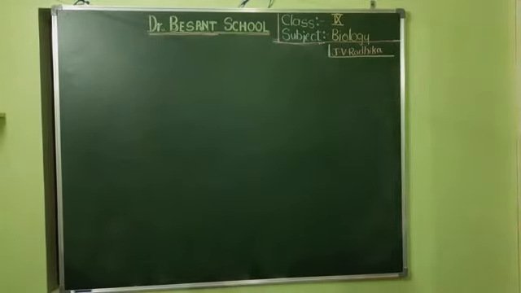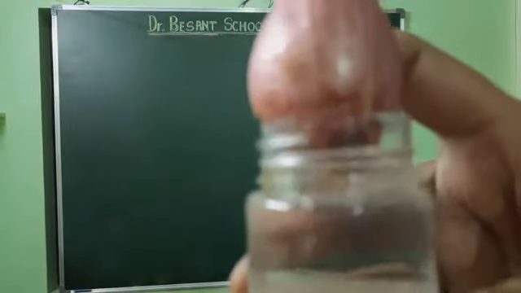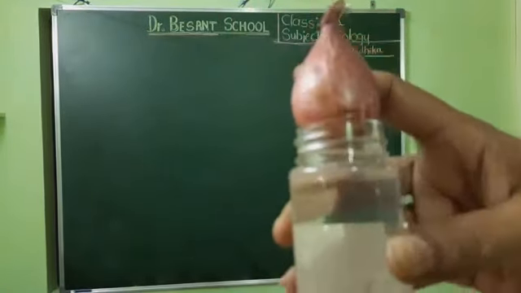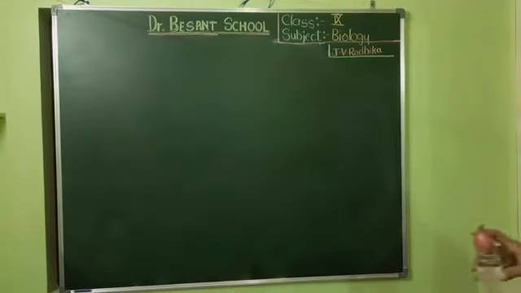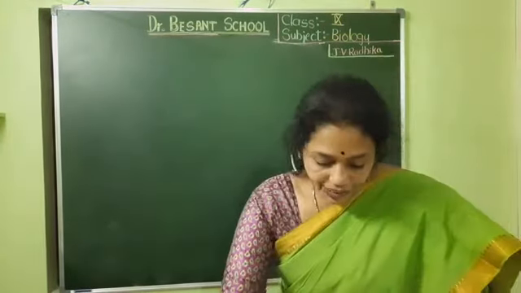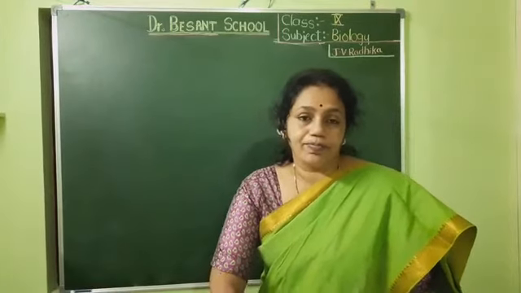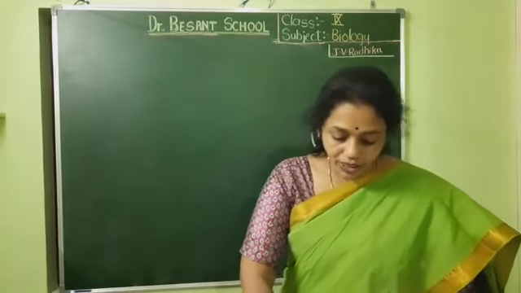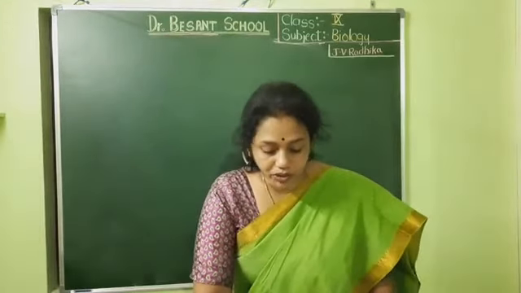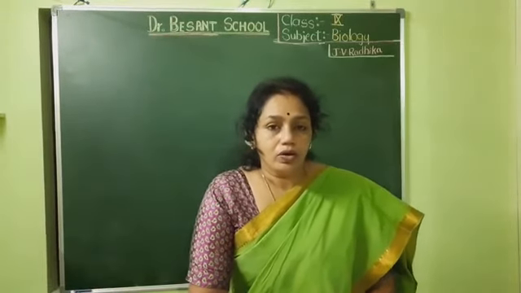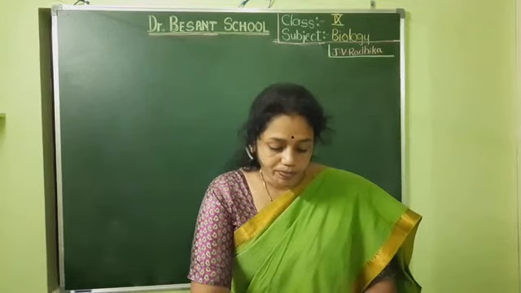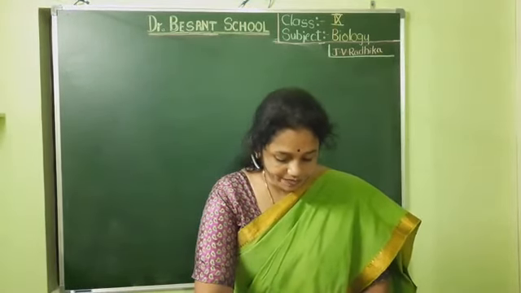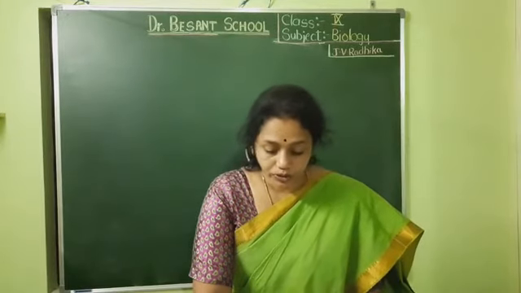So the root tips I can observe nicely in the onion. Can you all see this? Yes, you all can see this, isn't it? Here I have taken such an onion and kept it. Now we are going to write about the same activity. We cannot observe the roots in the lab now, but when you come to the school, we shall be carrying out that activity. We shall be understanding very well about the tissues.